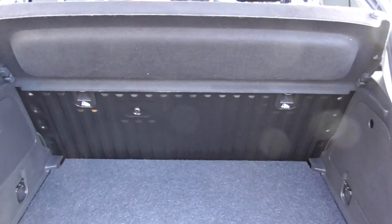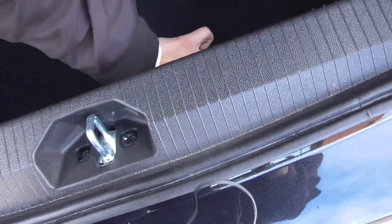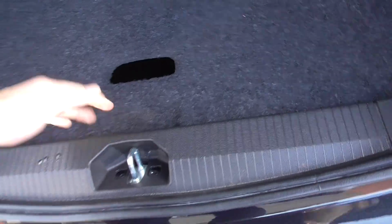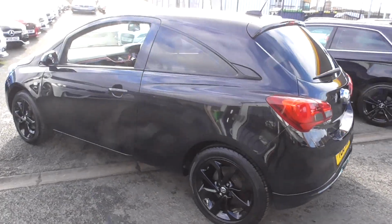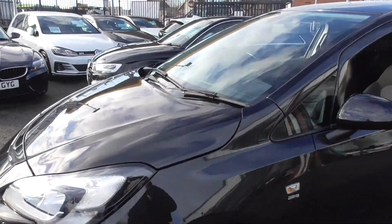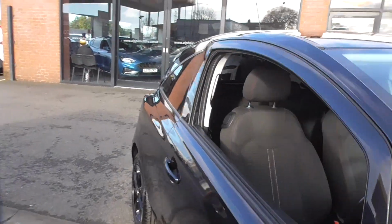Looking at the boot, obviously you've got a nice size luggage space. Looking through to the bottom, you've got added storage down there, and then looking through even further down you'll find your tyre inflation kit. But nice specification. So coming through to the driver's side, inside is a lovely charcoal cloth sport seat which is